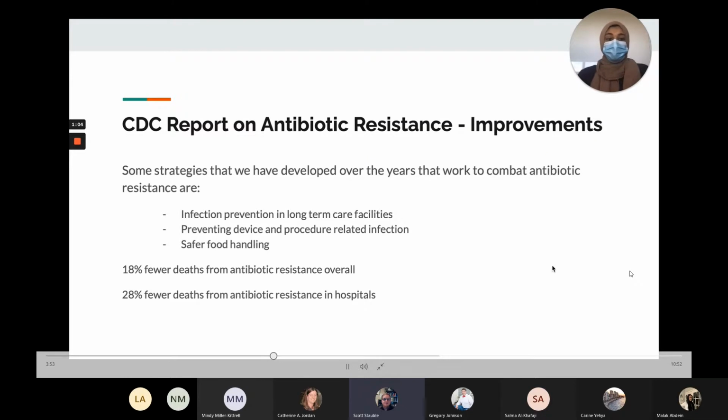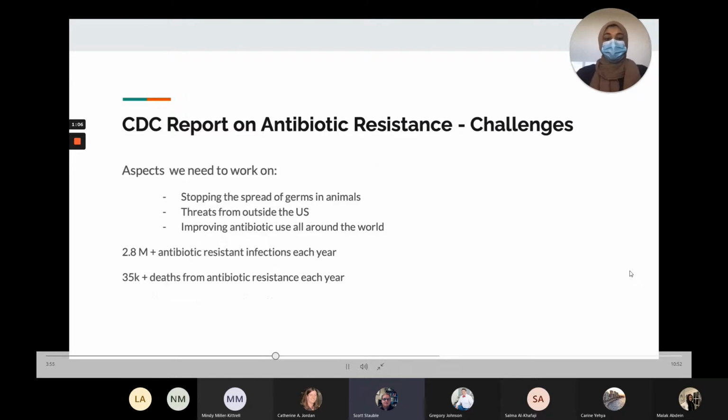Some aspects we need to work on are stopping the spread of germs in animals, and we also need to focus on threats from outside the US, like bringing in new diseases from other countries. And we also need to improve antibiotic resistance all around the world. So if we work on improving antibiotic resistance all around the world, that would also minimize threats that we experience